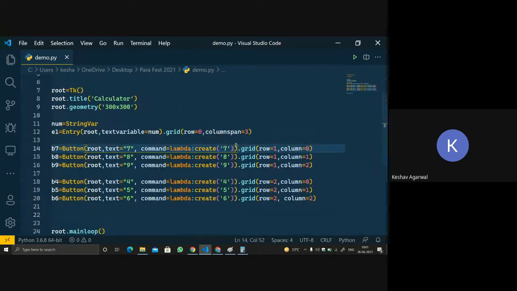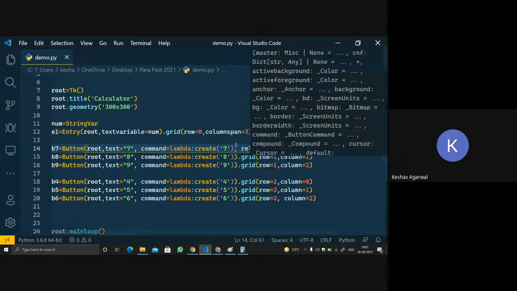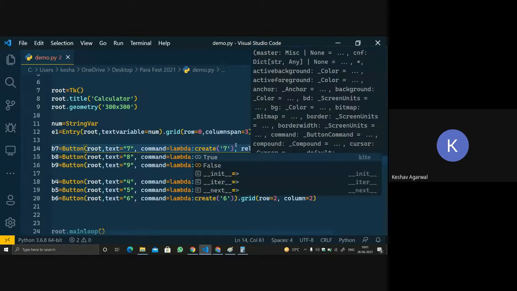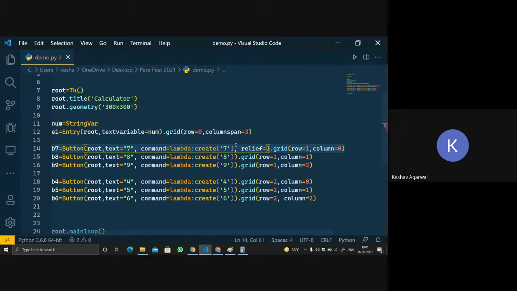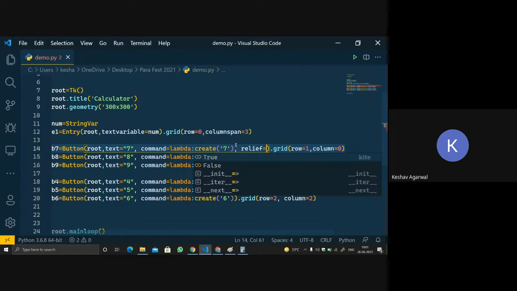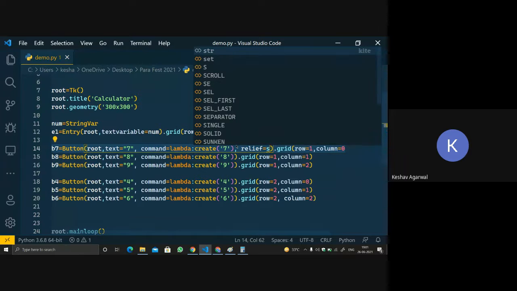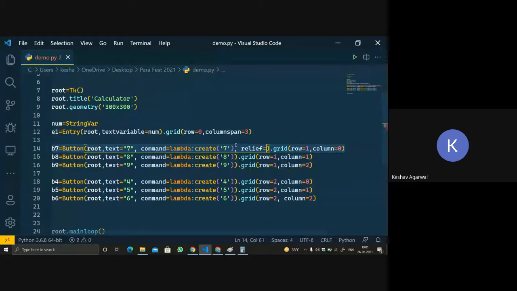Let me try relief is equals to, sunken won't do it, raised won't do it, raised sunken.